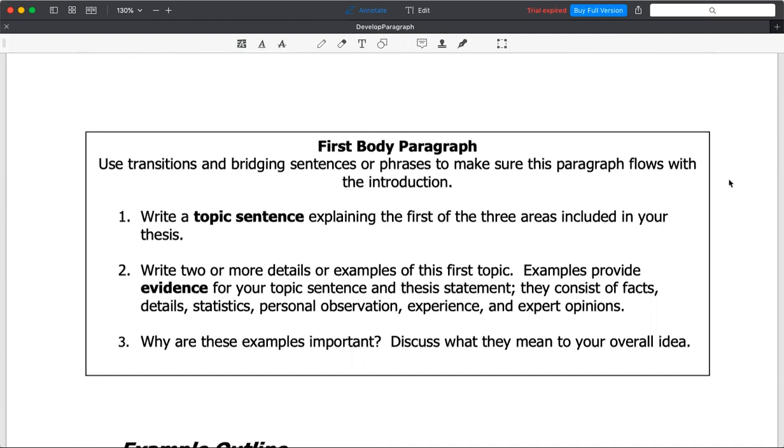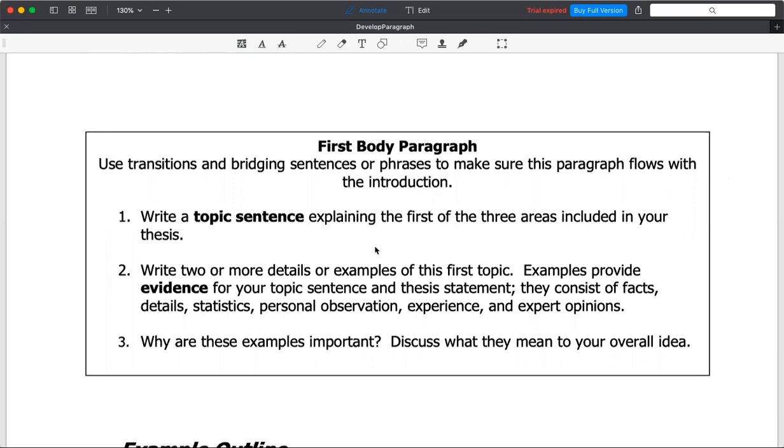So you use transition and bridge sentences and phrases, complex sentence structures, avoid repetition, and use conjunctions and connectors that I posted in my other videos. Be subscribed, and click on the notification. Make sure that you practice on all those videos together, so you get a better benefit from everything that is posted, to make sure that this paragraph flows with the